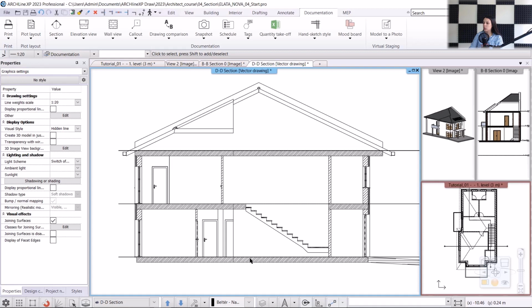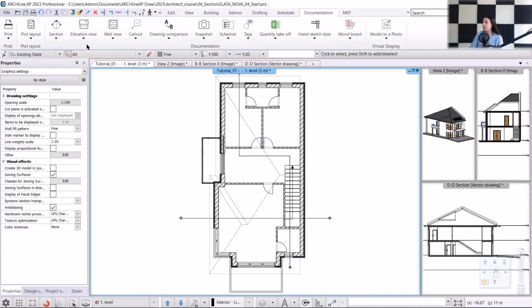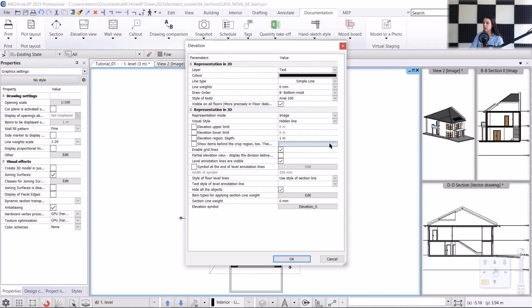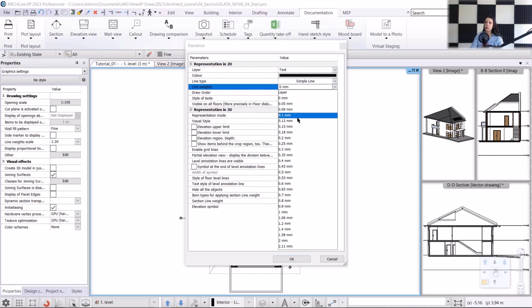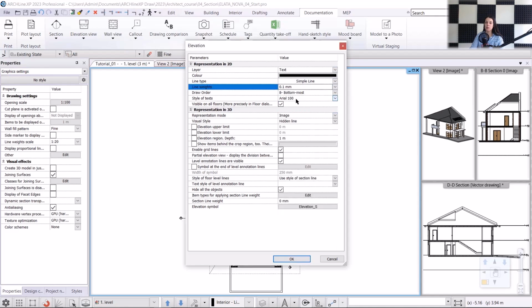The next step is to create elevations. To do this, I will go back to the floor plan view. Now, I will select the elevation view, elevation settings command, and we will go through the parameters we can modify. Here, there are only two groups, 2D and 3D representation. Essentially, we can modify almost the same parameters as in the section view. For the layer, I will choose the text layer here as well. I won't change the color and line type this time, only the line weight to 0.1 mm, and the text